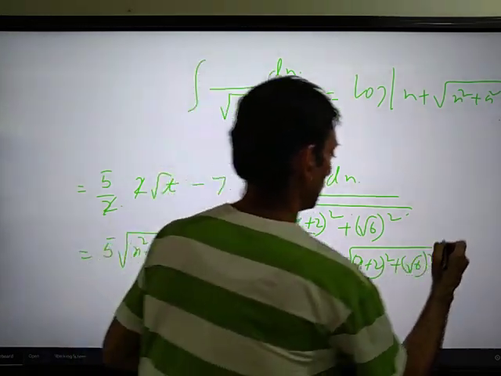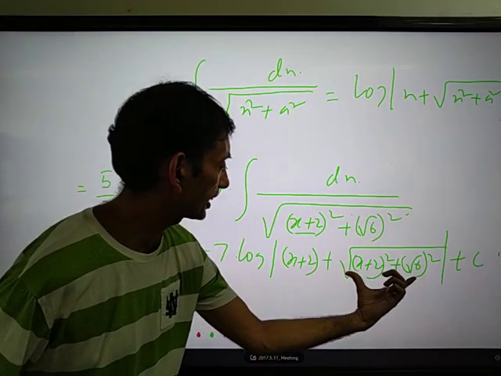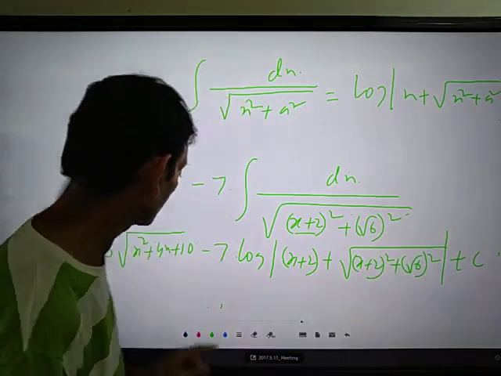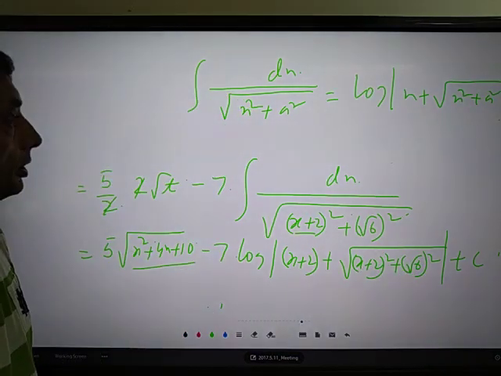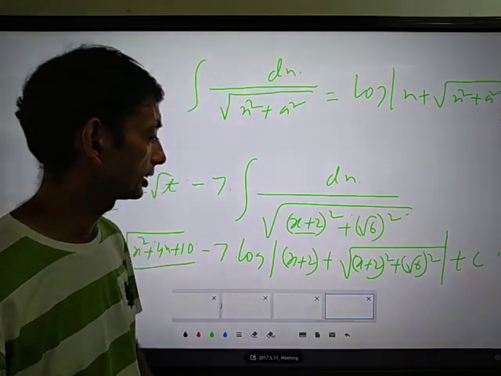Plus c. Done. So instead of this one you can just write x squared plus 4x plus 3. If you expand this, you will get the same expression, right? So this is also a very important sum, and